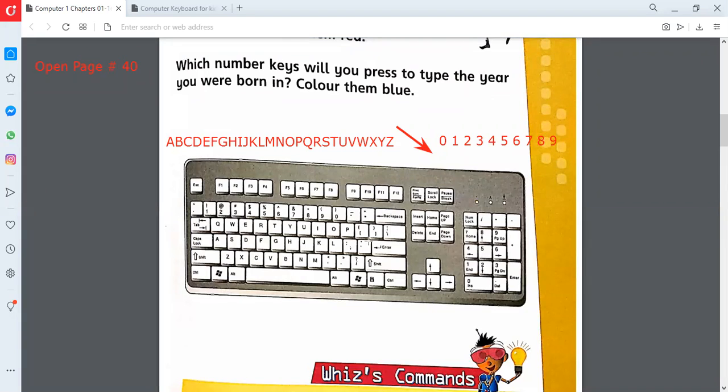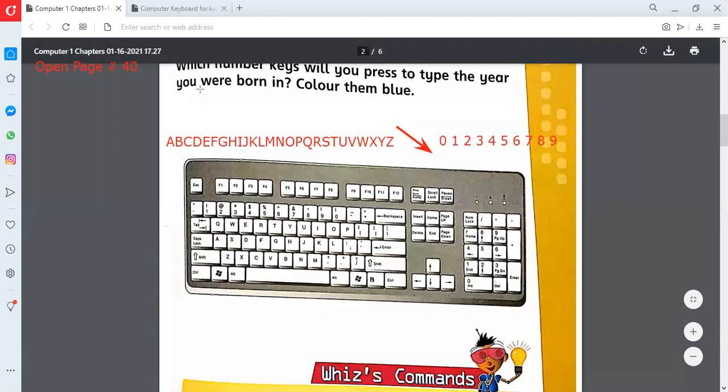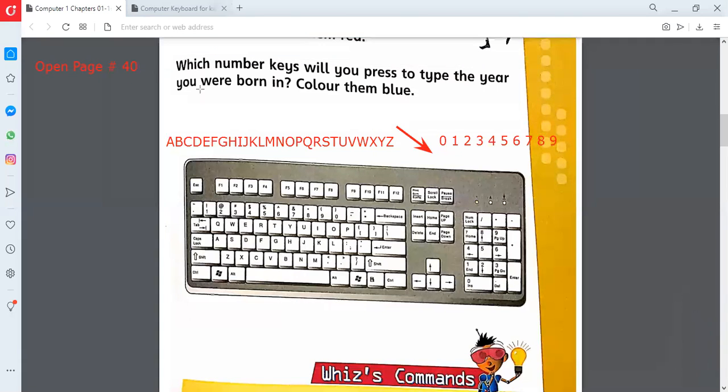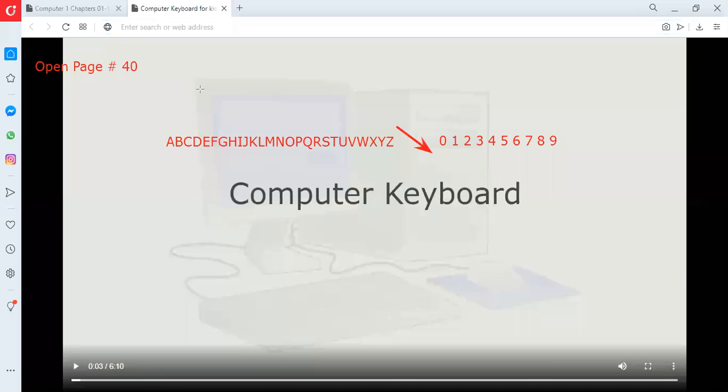Okay. So now let me show you one thing on the other screen. Let me switch it for you so that you will see. Okay.